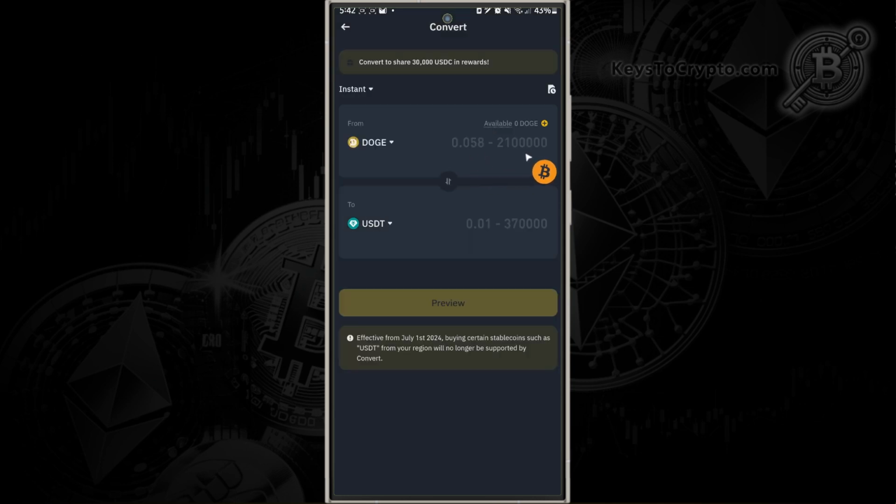Enter the amount here of Doge you want to convert into USDT. Tap on Preview, confirm the transaction on the next page within the time limit allowed, and that's how to convert Dogecoin into